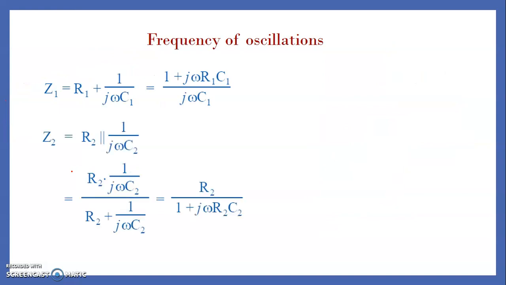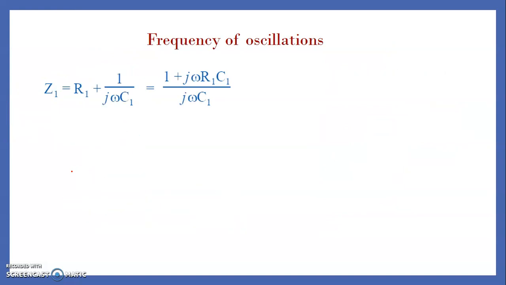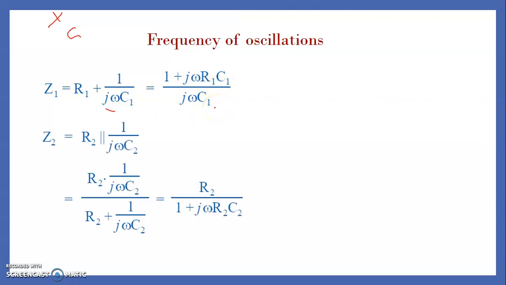One another thing, we have just taken the Z1. Z1 is nothing but the series combination of R1 and your C1. Here we have taken the reactance, in particular it is a capacitive reactance. Xc can be written as 1 by j omega C1. Here we have taken the LCM and obtained 1 plus j omega R1 C1 divided by j omega C1. Similarly, Z2 is the parallel combination of resistor R2 and C2. Here also I have applied the capacitive reactance, taken the LCM and simplified this expression.